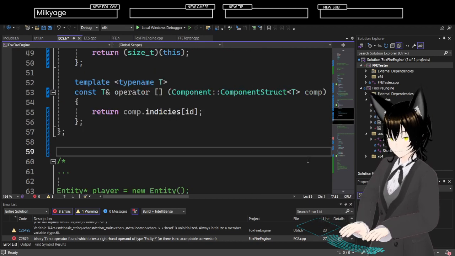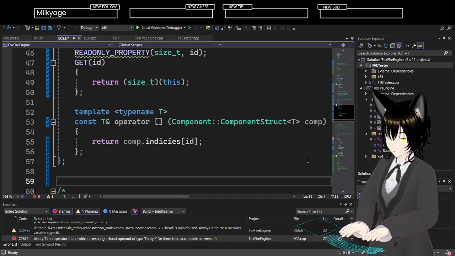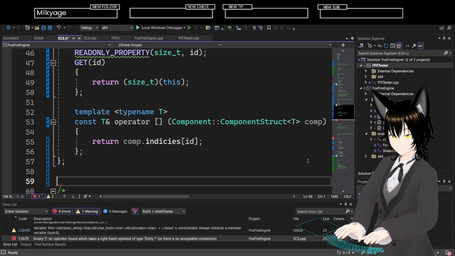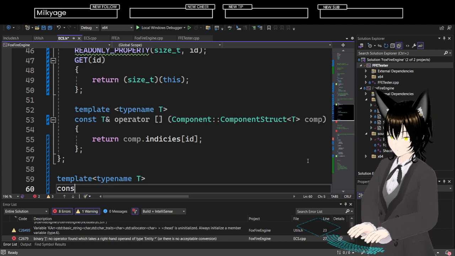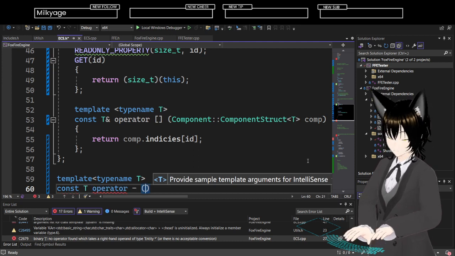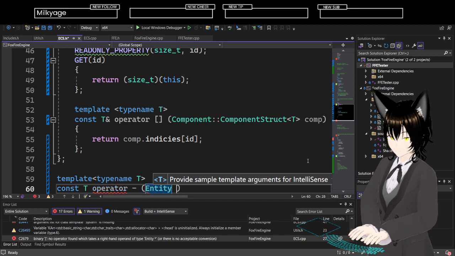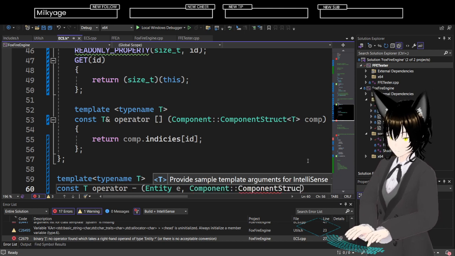I'll create another thing here with a const. Well, I mean, I'll do a template typename T, const T operator minus, and this is T e component struct comp.